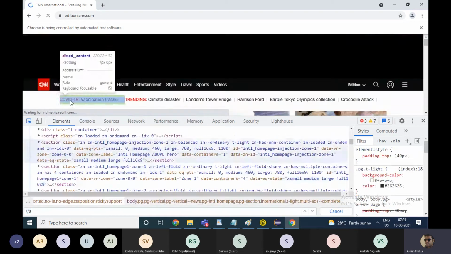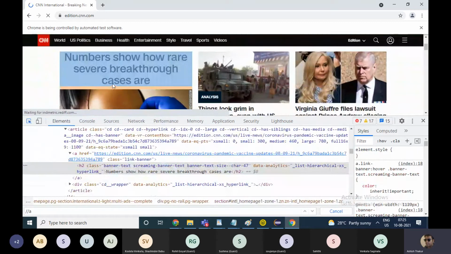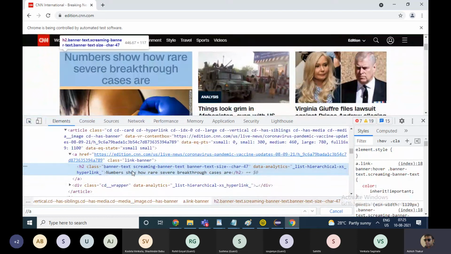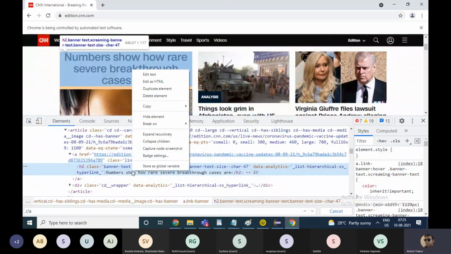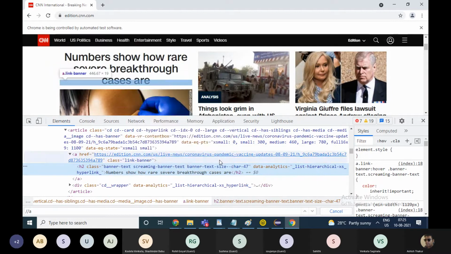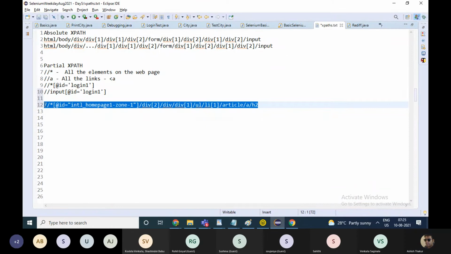Okay, if you look at the highlight, this is the heading. If you copy the XPath, you get an XPath something like this.